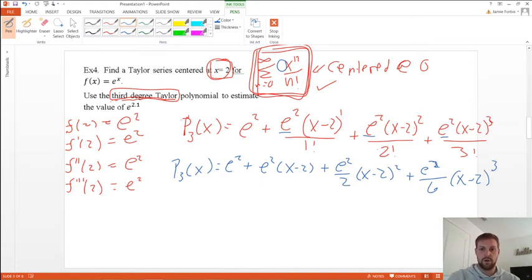So it wants me to use this polynomial that's now shifted to a center of 2 to estimate the value of e to the 2.1 power. Well, that's pretty nifty because 2.1 is really close to my new center, so it should be a pretty accurate estimation of what that value is. So if I want to know what that value is,